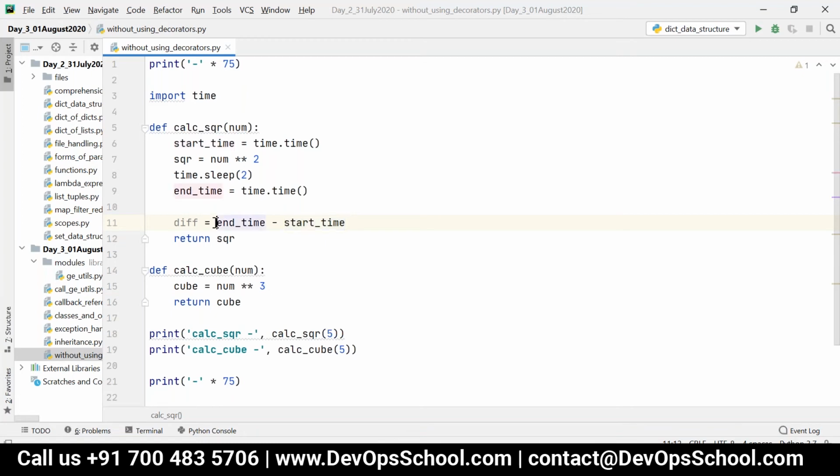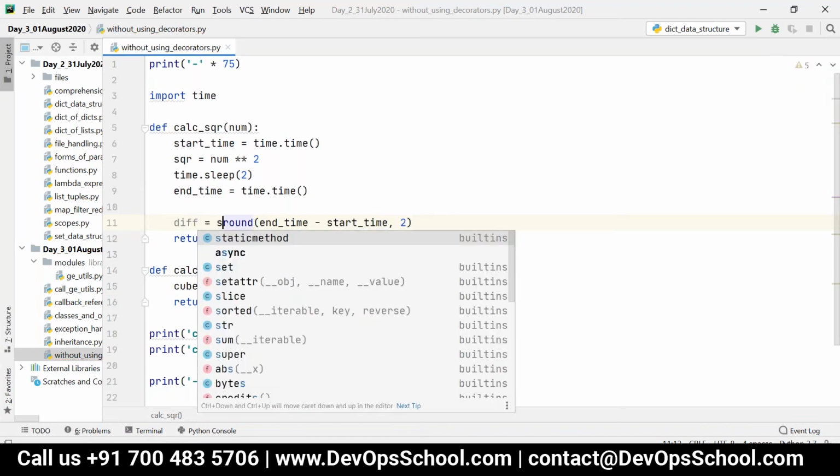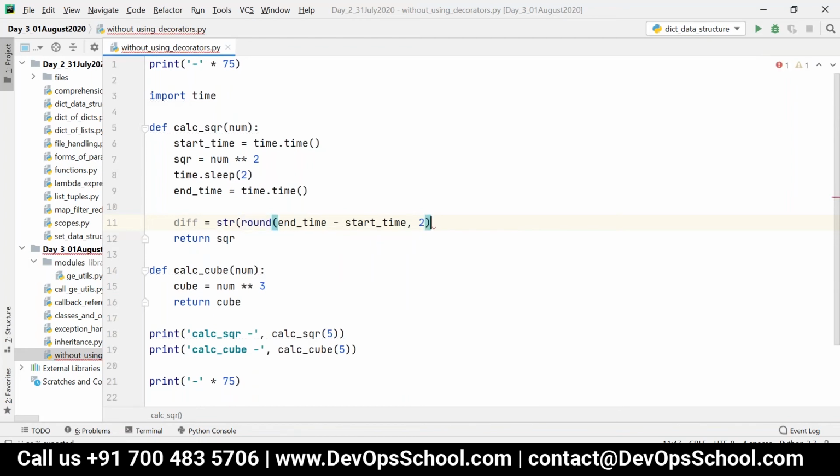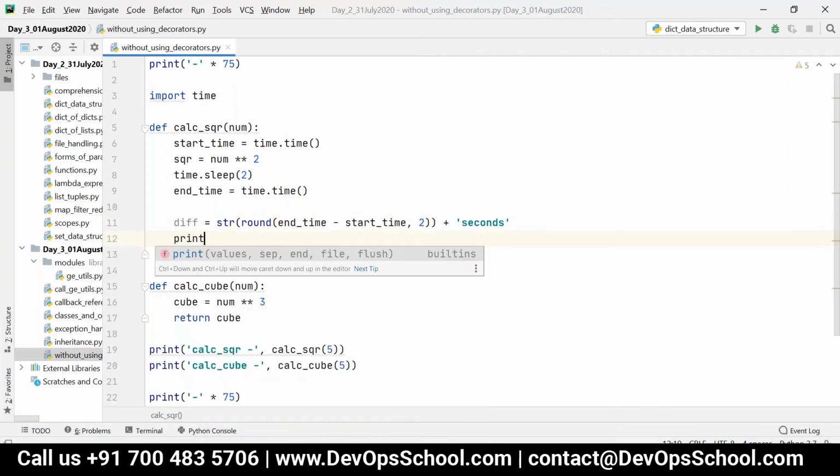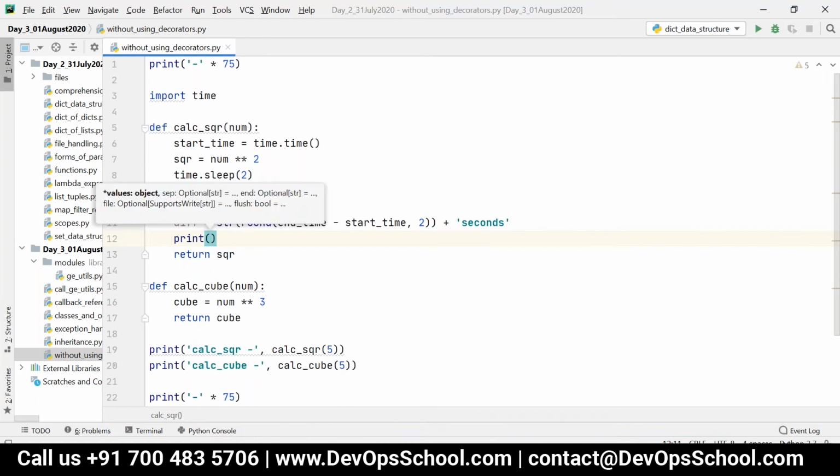Then I want to round it to 2 decimal places, and concatenate it, so str of this plus seconds. Then I can just print a message saying the function name took this many seconds.